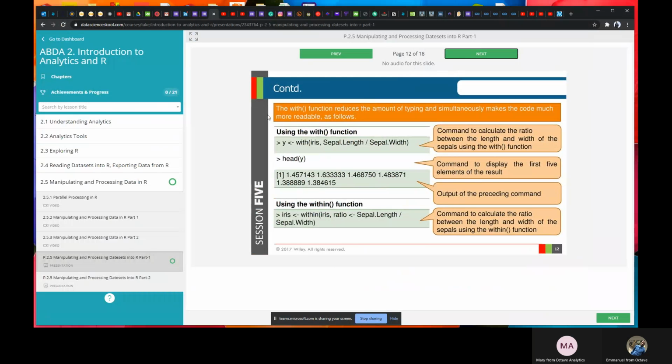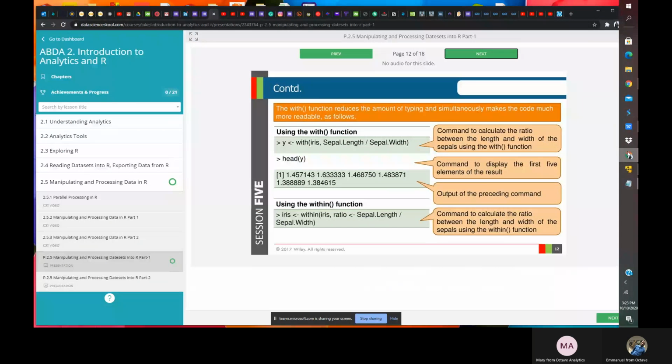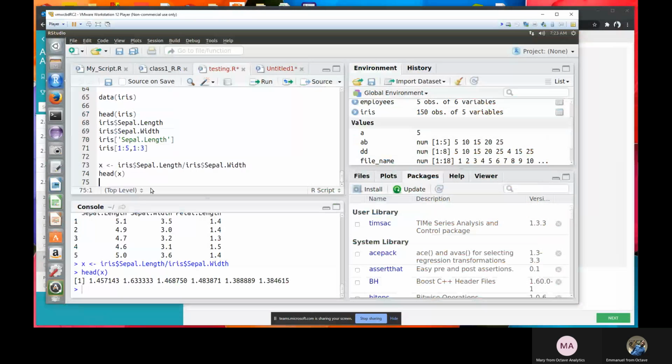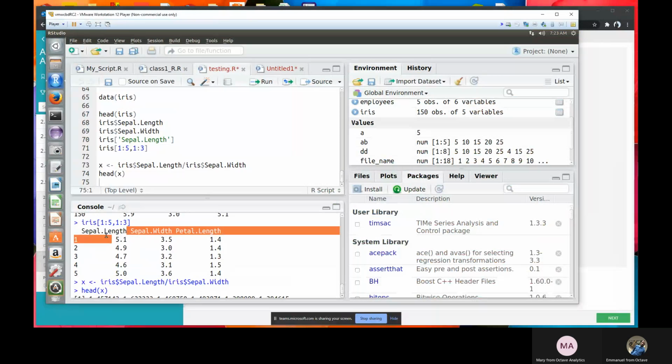Also, you can use the with and within commands within functions. So how does that work out? Now, if you see here, if I want to call this particular column, I have to reference the object itself, which is iris, to call that column.